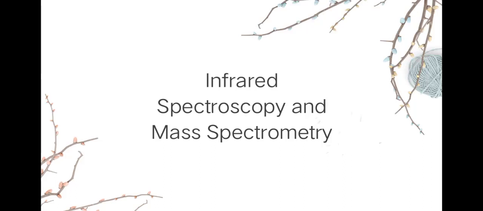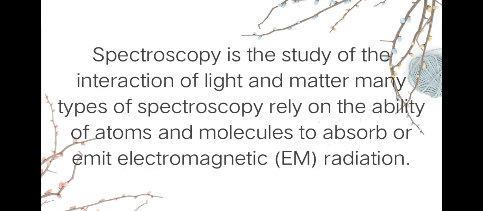This topic is about infrared spectroscopy and mass spectrometry. Spectroscopy is the study of interactions of light and matter. Many types of spectroscopy rely on the ability of atoms and molecules to absorb or emit electromagnetic radiation, or EM radiation. The absorption or emission of different forms of electromagnetic radiation is related to different types of